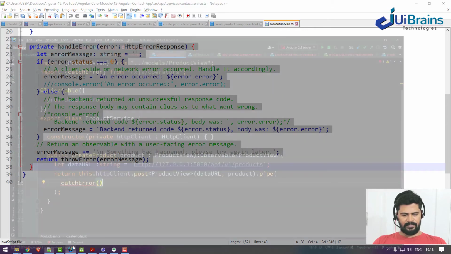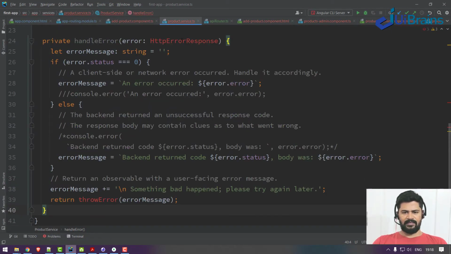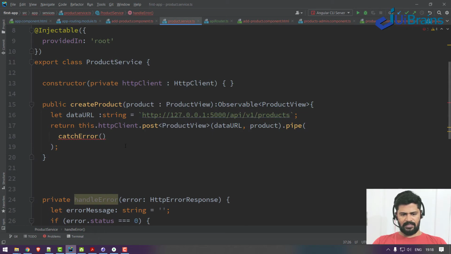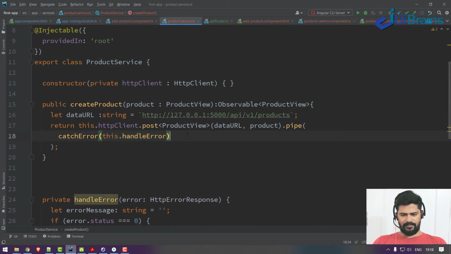Copy this back to here and I'll paste it here. Let's import Response and also ErrorMessage. Okay, so let's say this.handleError, because we have discussed error handling in the Angular tutorial. So it's done. Okay, so create product will take the product object and send it to the server using this. And it's a post request.